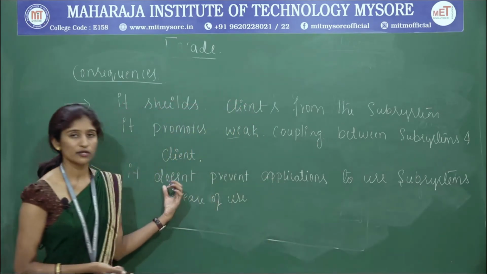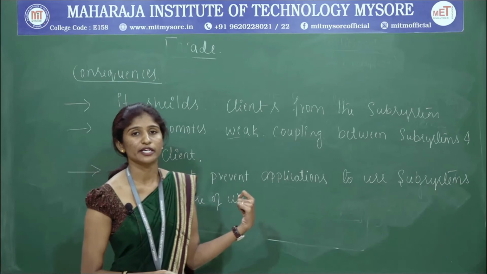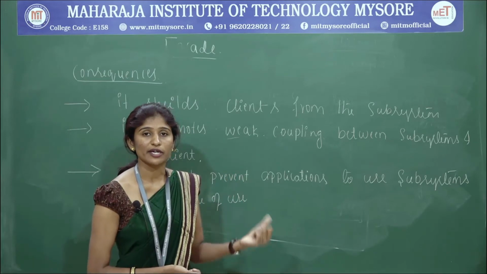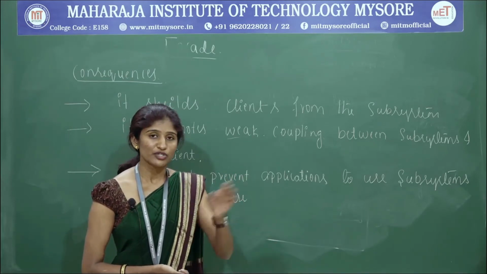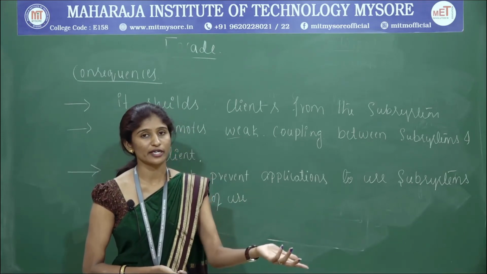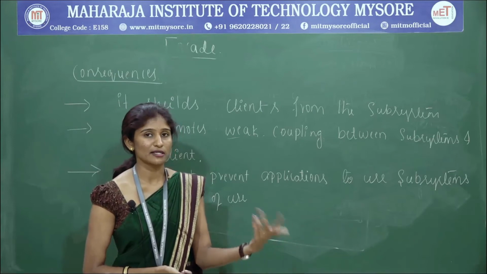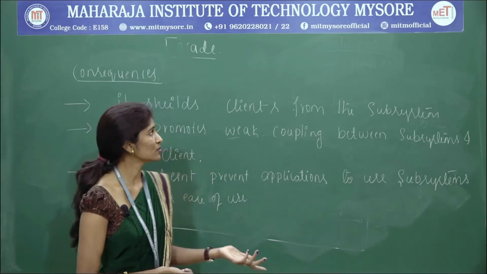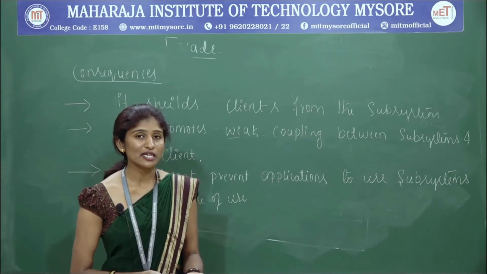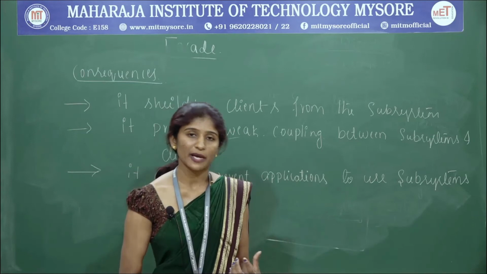So that is what is given in the third consequence. It does not prevent you, so you can actually communicate with the subsystems. In the first point we have given that the client cannot communicate with the subsystem, so it provides a shield like that. If you want, you can use it and communicate with the subsystems. It is left to you. So based on the ease of use, you can select between the two different options. Okay, so those are all the consequences that we are going to study in the facade design pattern. Next we will see a few of the implementation issues that can arise while designing the facade design pattern.